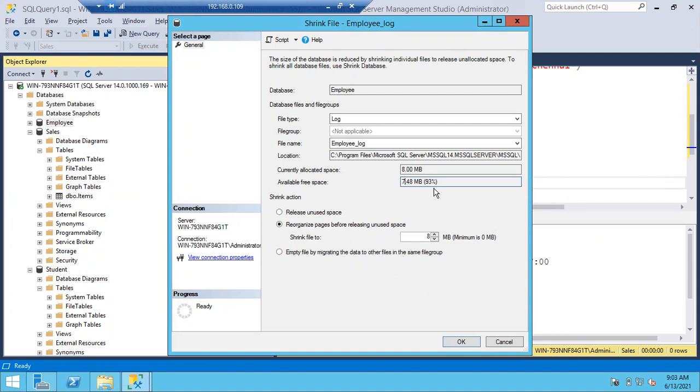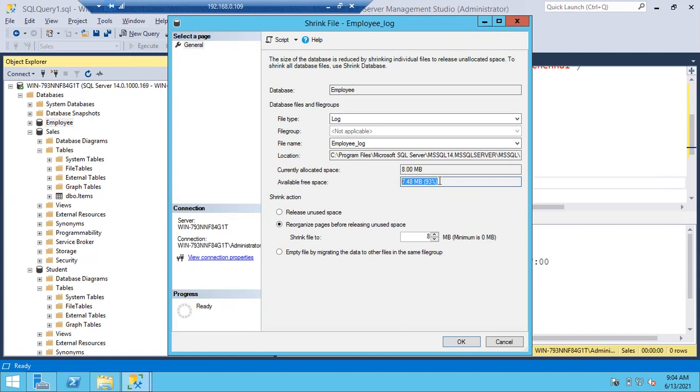Not while shrinking, actually earlier itself it went to negative. Why? Because if the whole log file is completely full and there is no free space, then sometimes it will show you a negative value in the log file size or available free space. Negative means nothing is there; the whole log file is completely full.